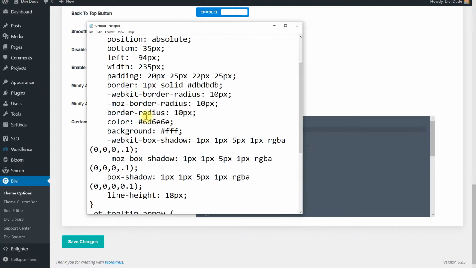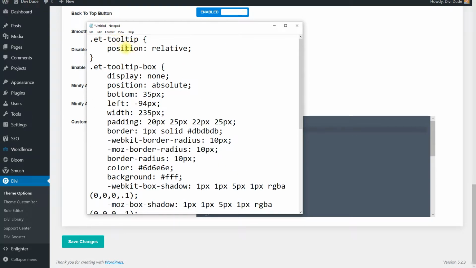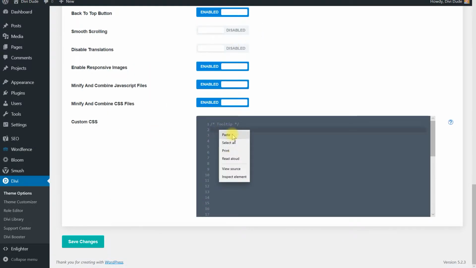So we come on here to our class. We don't want to mess with the relative, so we're just going to copy it for now and paste it. We don't need to worry about the relative. We're not changing that, so we can get rid of that, because what's going to happen is whenever you use